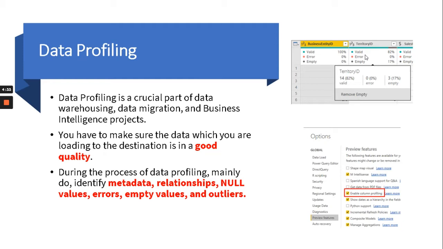You need to understand the data profiling terms like metadata, relationship, null values, error values, empty values and outliers. What is metadata? Metadata is a column which is going to tell you some information about the other data. You can easily study the table and understand what the metadata is all about. Outliers. When you plot the scatter chart, for example, for 1000 samples of data, you can easily identify some values of very abnormal distance away from their other samples. These are called outliers.